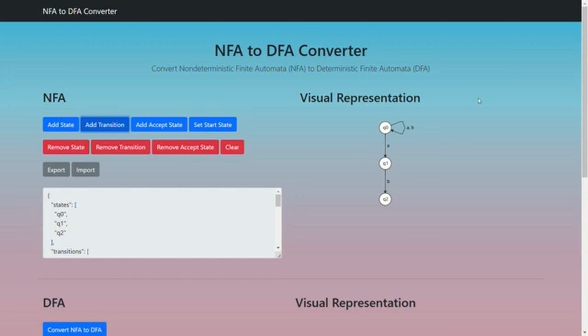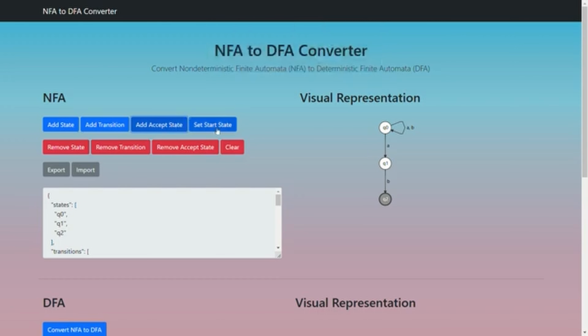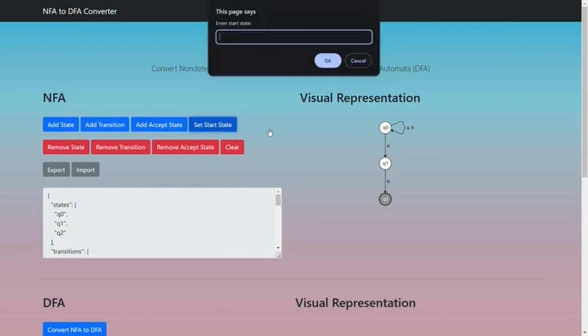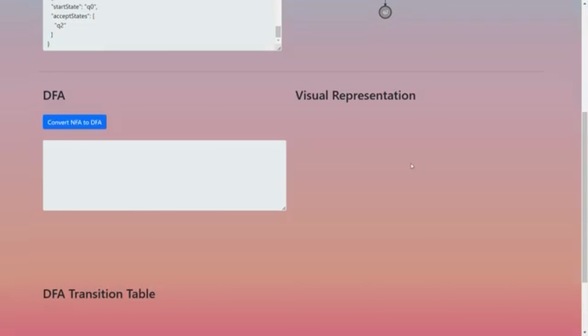So this is our NFA, non-deterministic finite automata. Here we create an accept state, that is Q2, and set the start state, which is Q naught. So this is our final visual representation of NFA. And here we can see the transitions and all the details about this. Now